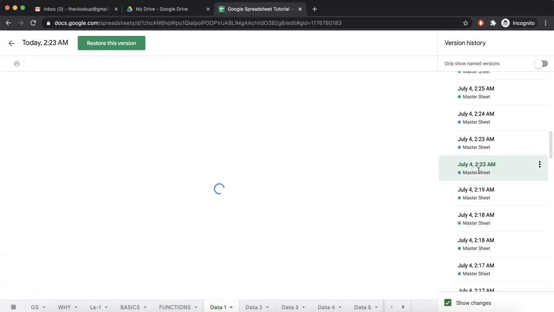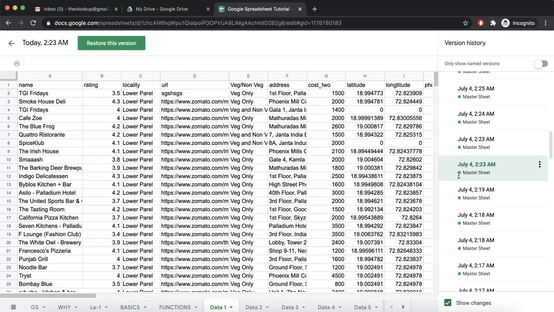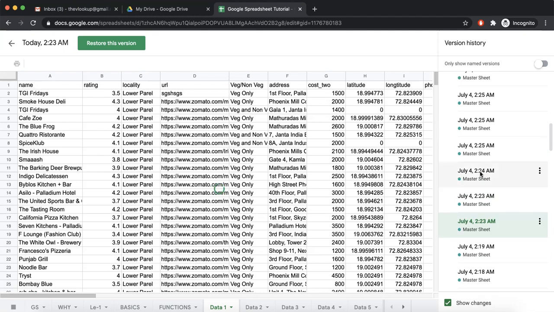At 2:23 a.m. again no color. At 2:24 a.m. this is colored. So this means it was changed by the person called master sheet. So this means at 4th July 2:24 a.m. the person called master sheet made a change to this color.